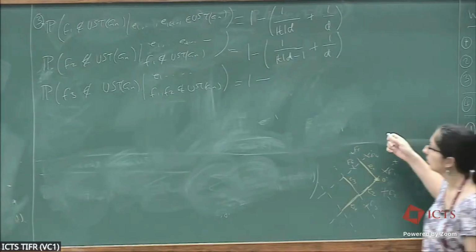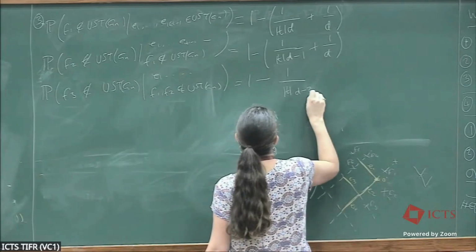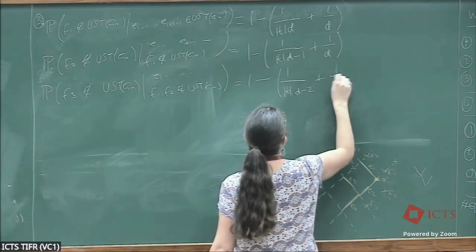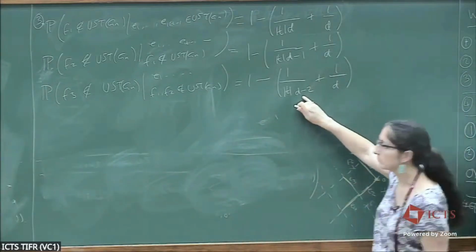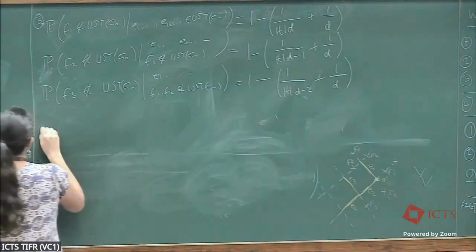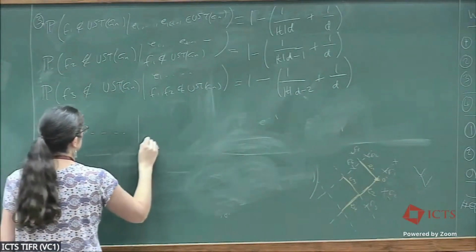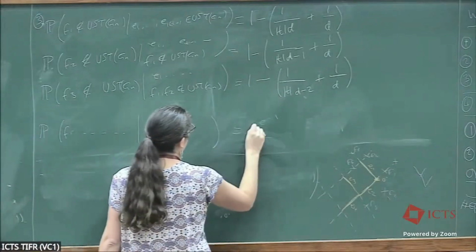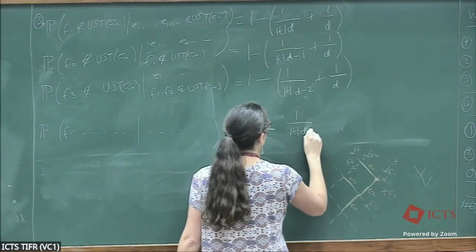So we have a minus 2. You can see that what's happening each time is that we're reducing this by 1. So when I do the ith one, I will have 1 minus 1 over t d minus i